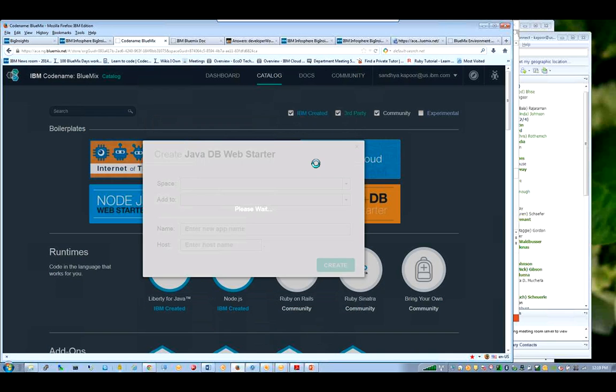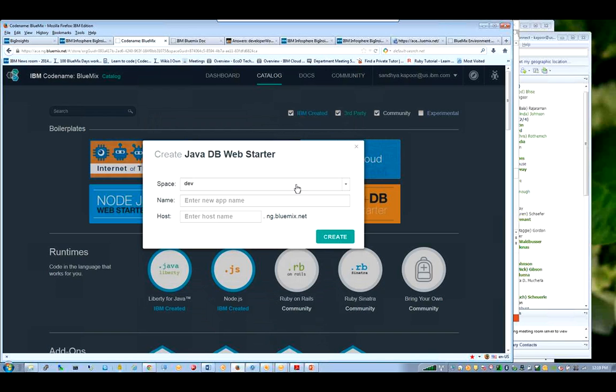So here, if I create an application, this is now being provisioned using VMs on SoftLayer, which is our infrastructure as a service. I can give a unique name to my application. Let's say Academia Java DB app. And by default, same name is used to host the application on the cloud. If I want, I can give it a different name. It's not necessary for both to be the same. ng.bluemix.net is the domain we are using today. The domain can be customized to what you would like for your school. So now it is provisioning